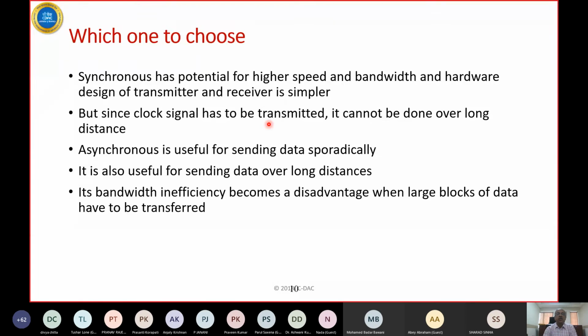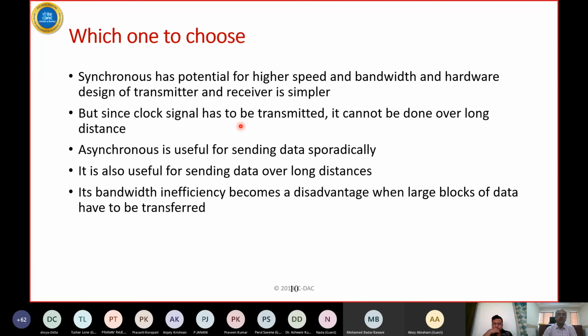We are used to drawing clocks as a sequence of ones and zeros where the waveform becomes 1 then becomes 0. In practice it is not like that. There are interferences. As a result, the clock may get disturbed in the sense that the edges may not be sharp. And when you transmit over a long distance, the signal quality worsens. Thereby, the receiver is not able to extract the clock properly. Therefore, if you are choosing synchronous communication, which is useful for sending data at a fast rate, it is limited